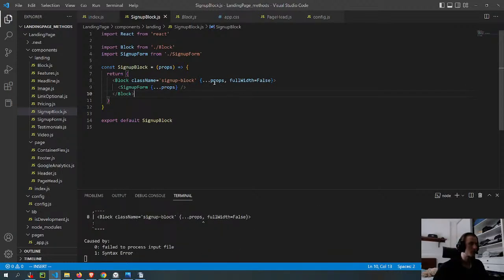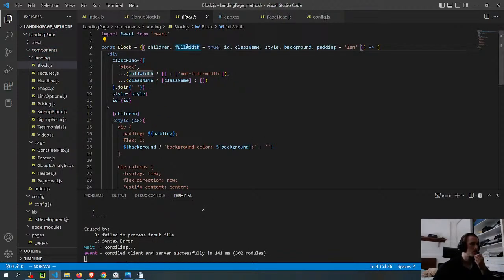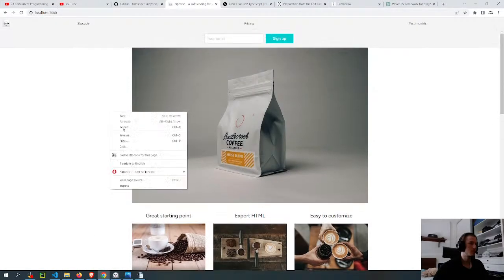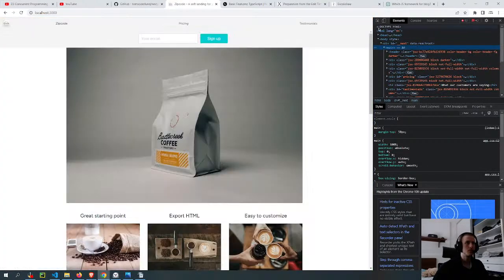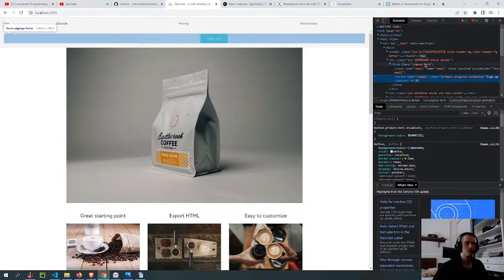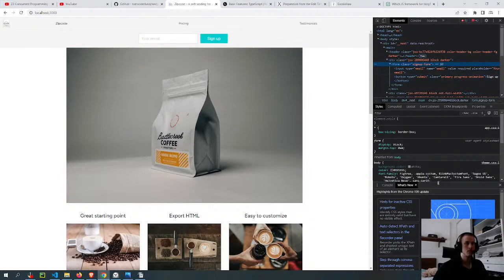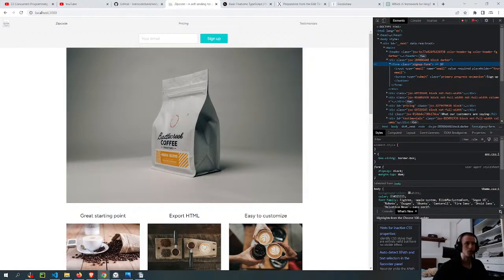Doesn't work. I want to see if this is full width.